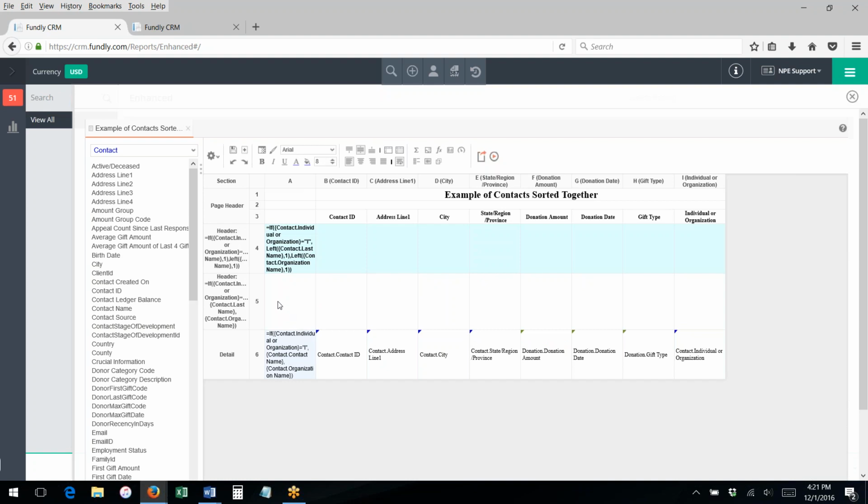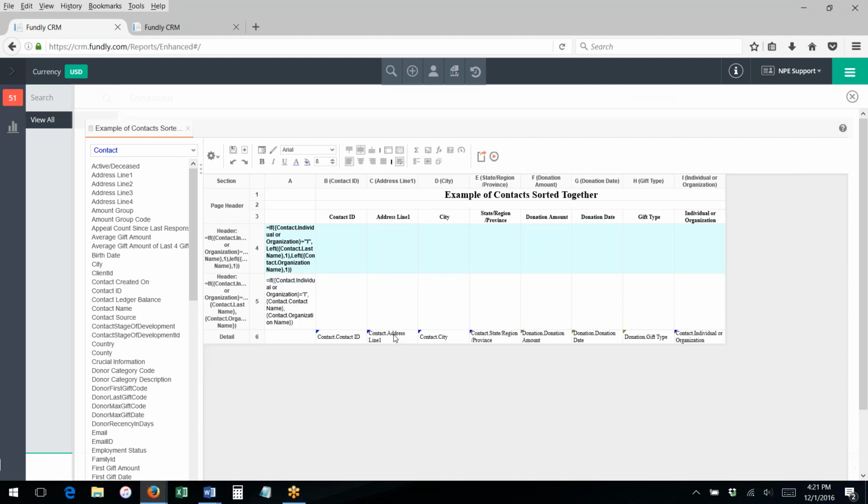And then I'm going to take anything I only want to see once and add it from the details section to that header section. So I'm going to take this name display, and I'm just going to click on it and drag it up there. And I'm going to put the address up there and the city and the state. And then I could actually put this contact type up there as well. And so now down here, let's put the contact ID. The only thing that's now in my details section is the details of their donations. And so now again, if I run this report,